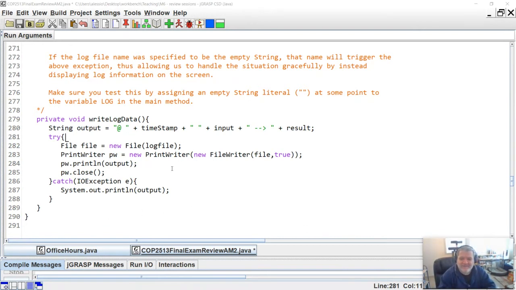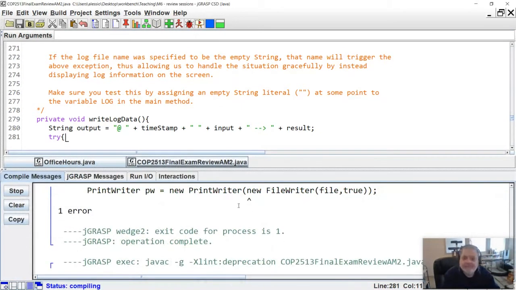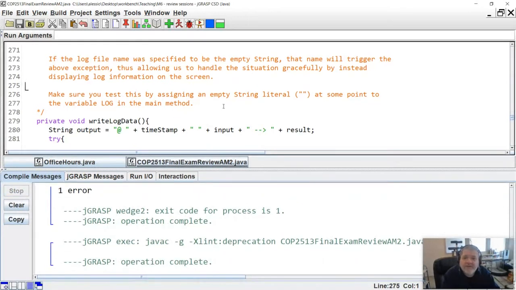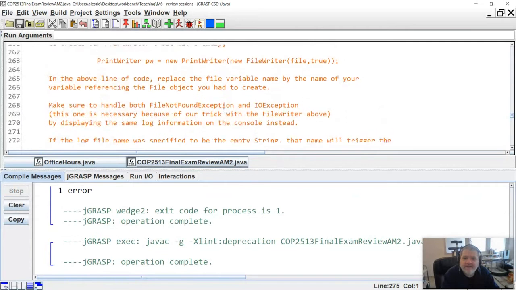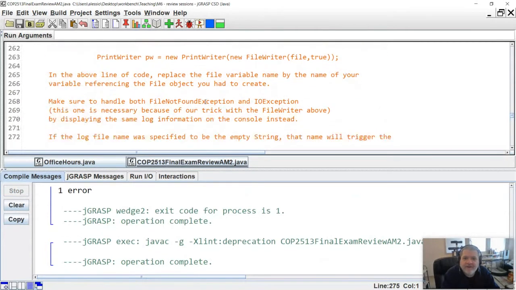All right, so we have our little infrastructure in place here to handle exception around that file writing. Let's compile it, see if we have other exceptions to worry about or things like that. So I'm going to save, compile again. Okay, that works. So if I go back inside the instruction here, they pretty much already told me to do